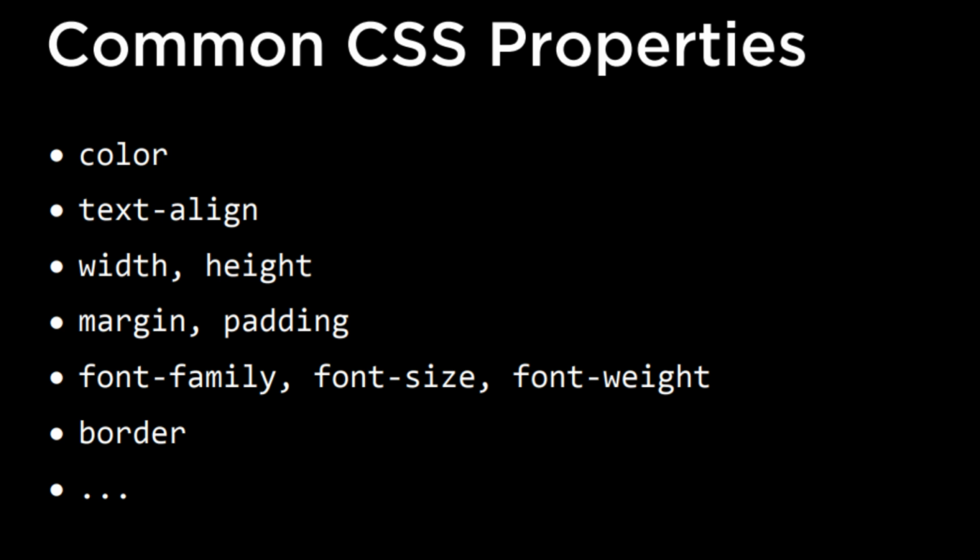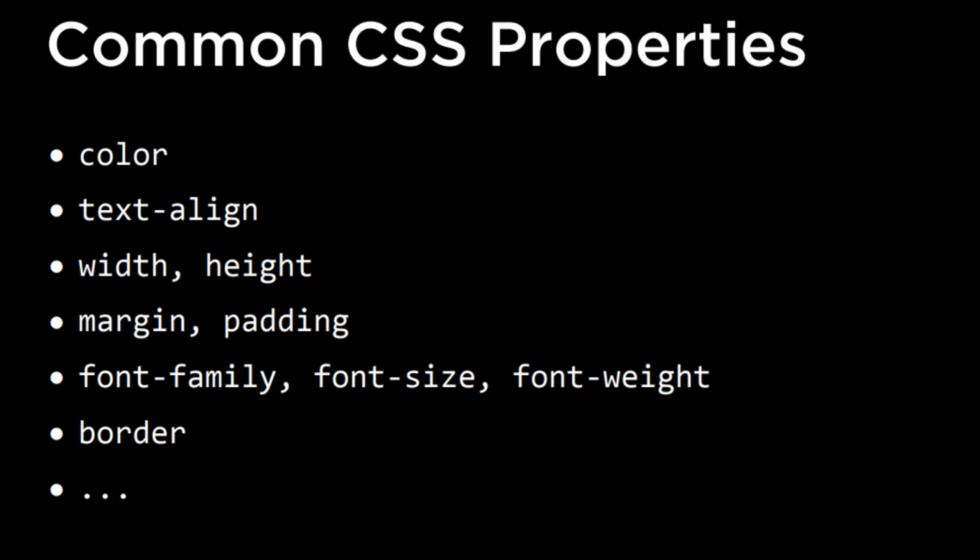These are used to style the HTML we wrote before, for example the color, the background color, the text color, the font size and stuff like that. The common properties of CSS are color, text alignment, which will align the text, and width and height, which manage the width and height. Then we use margin and padding for the blocks, and then we use font families, font size,